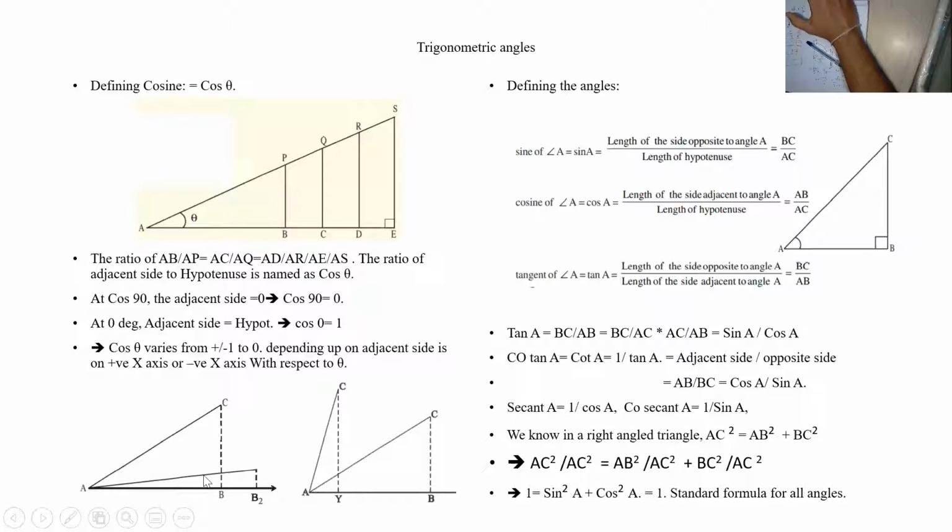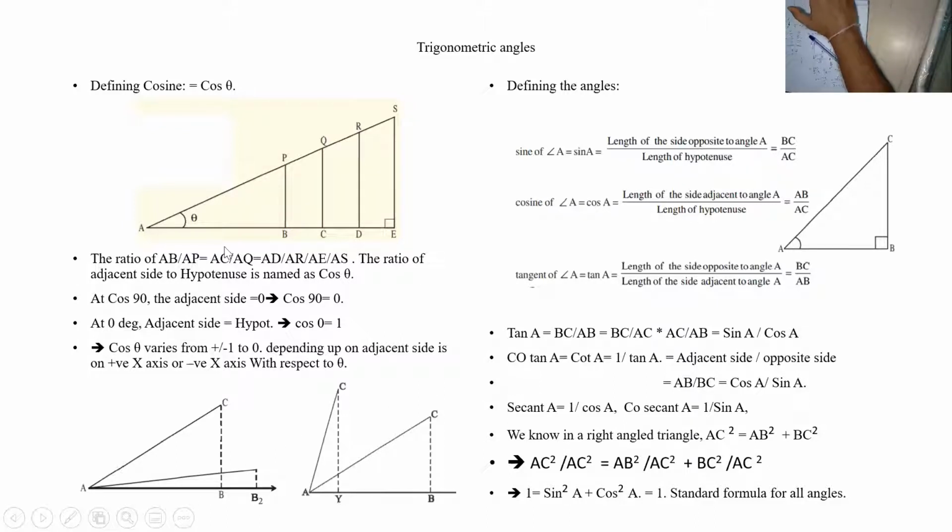What is cos 0? As it comes touching here, the adjacent side is AB, and the hypotenuse is this length. This length will be equal to the adjacent side. So cos 0 is equal to 1. Similarly, sine 0 will be 0, because y will be 0, and 0 by hypotenuse is 0. Similarly, for sine 90, the height will be equal to the hypotenuse as it goes further up. They are equal, so sine 90 is 1, cos 90 is 0. Sine 0 is 0. Cos 0 is 1.